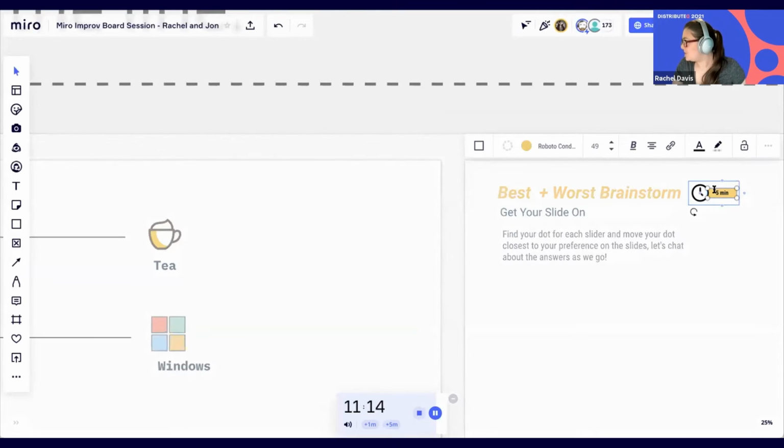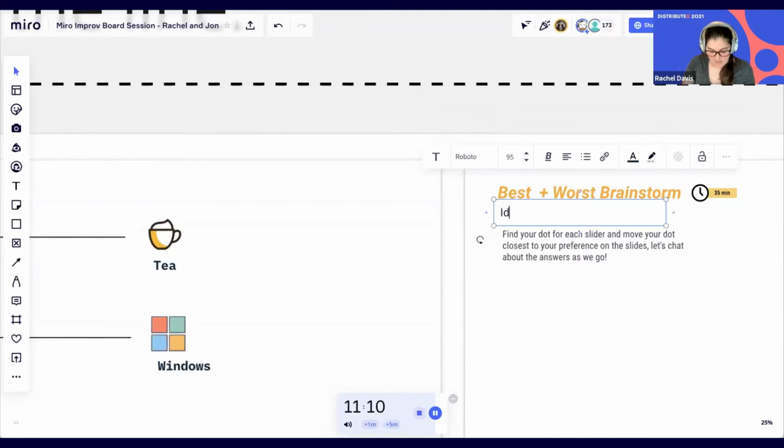And usually I like to give ourselves 35 minutes here. So we're gonna ideate here and get the ideas out, right? So for best and worst brainstorm, I like to use a couple different steps. So we're diverging, going wide on ideas, and then we are converging on those ideas, and a little bit of